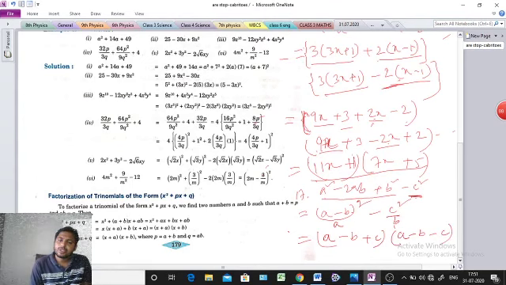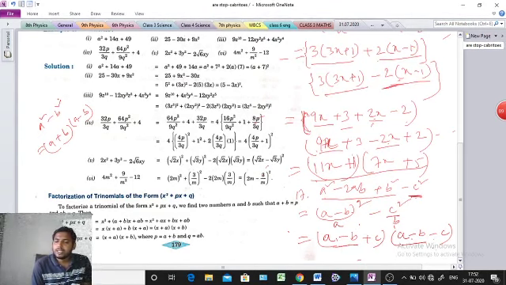This is the question. So a means here a minus b. According to our formula, a square minus b square means a plus b into a minus b. Understood? So here a means a minus b. So instead of a, we are writing here a minus b, here and here both. And b is representing c only. So we are writing a plus b, that means a minus b plus c, into a minus b minus c. That is the answer.